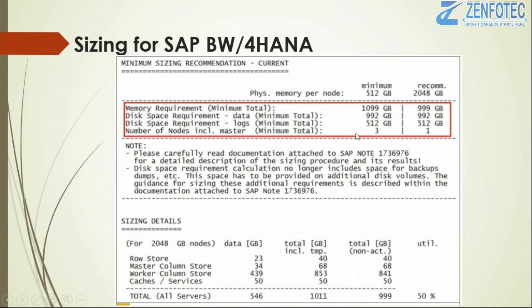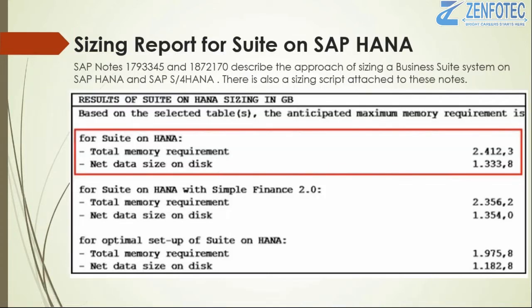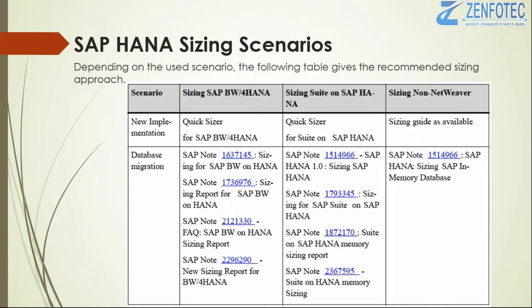Now we have the memory requirements. Now we have to find out the disk required. This requirement we automatically got from the scripts, but in S/4HANA, I don't think we will get disk requirements. Net disk size here says this is the total, but it doesn't say the data volumes and the log volumes. How will we calculate the size for the log volumes and the data volumes? We'll see that.